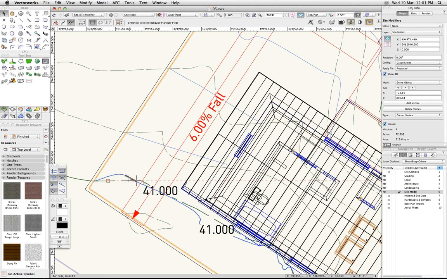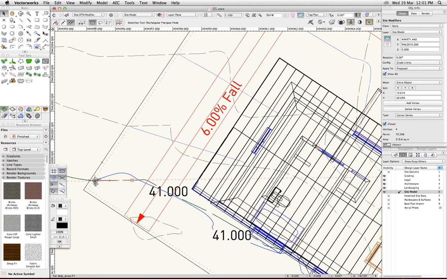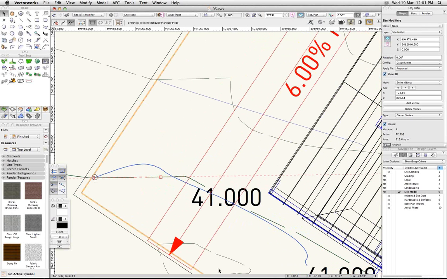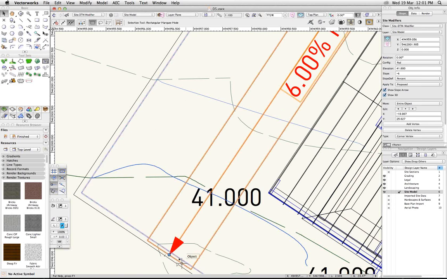The blue line represents the regrading that took place around the foundation. And so that 41-meter contour fades back into the existing green contour right at the grade limits. It can't regrade past that point. The other thing is that I can't have any site modifiers go past that grade limits, or Vectorworks will squawk at me. So what I'll do is I'll just use my reshape and I'll pull that back a touch